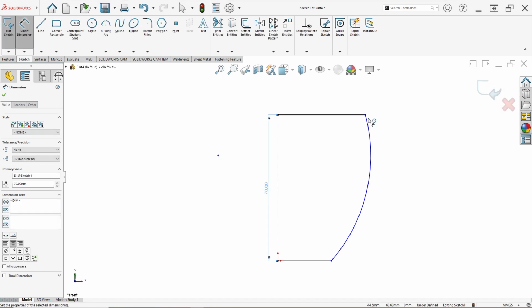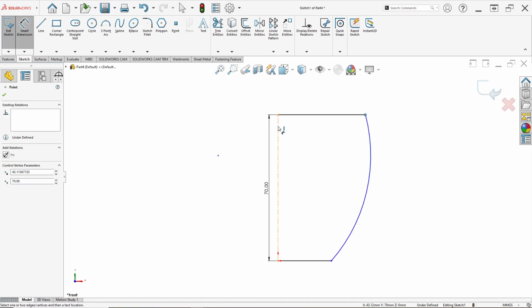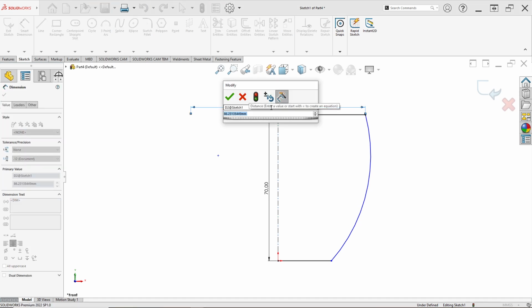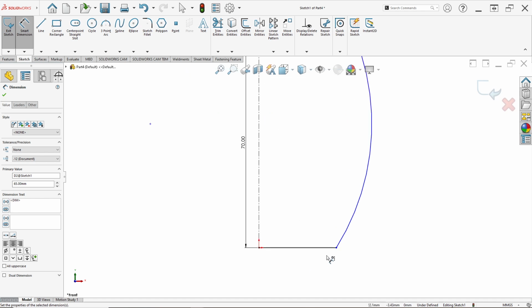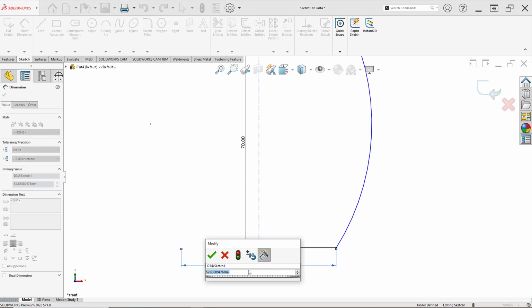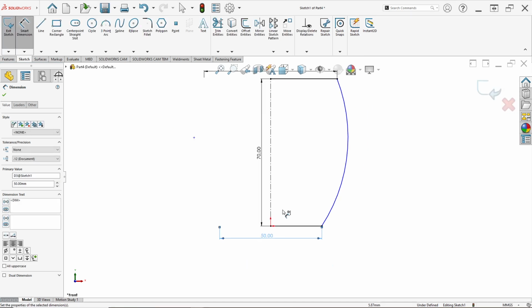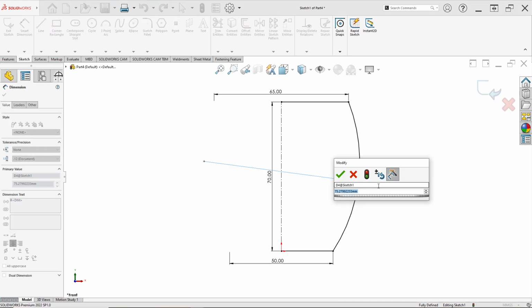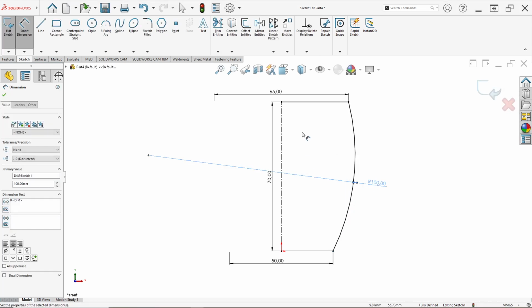From this point, click Shift and click this center line; I set it to 65. And this point to the center line has a width of 50 millimeter. Then set the arc radius to 100 millimeter.